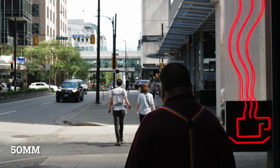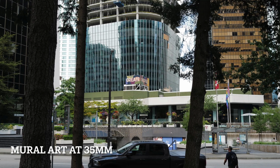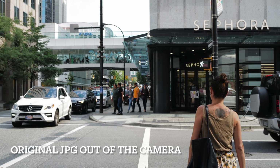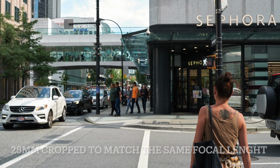And also, one of you guys reminded me that having a RAW file at 28 and then cropping down to 35 or 50mm is not the same thing as shooting directly with that focal length, because if you use the framing lines at 35 or 50mm, then also the face recognition and the automatic white balancing is applied inside those framing lines and not to the whole of the frame at 28. So you will have different end results when you're cropping in post versus the crop that the camera is offering